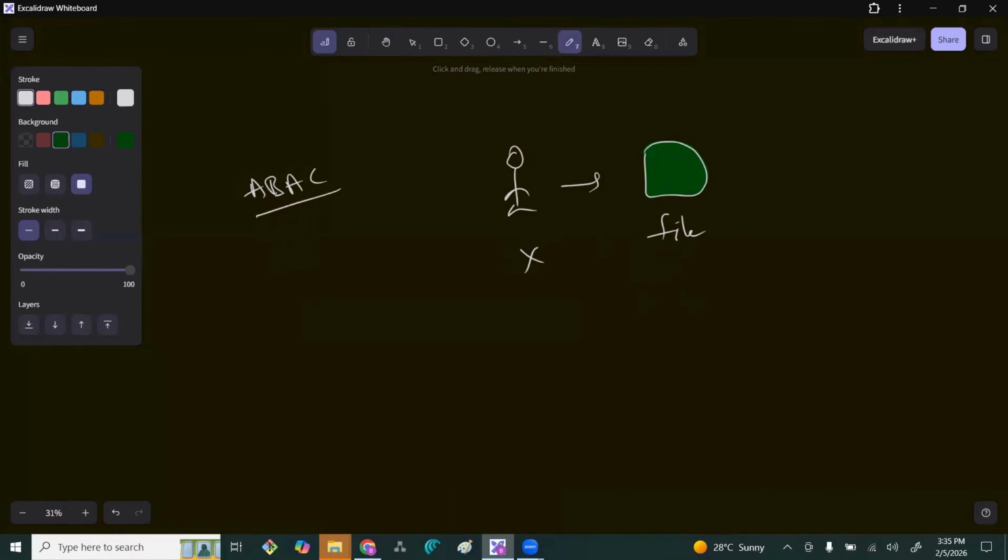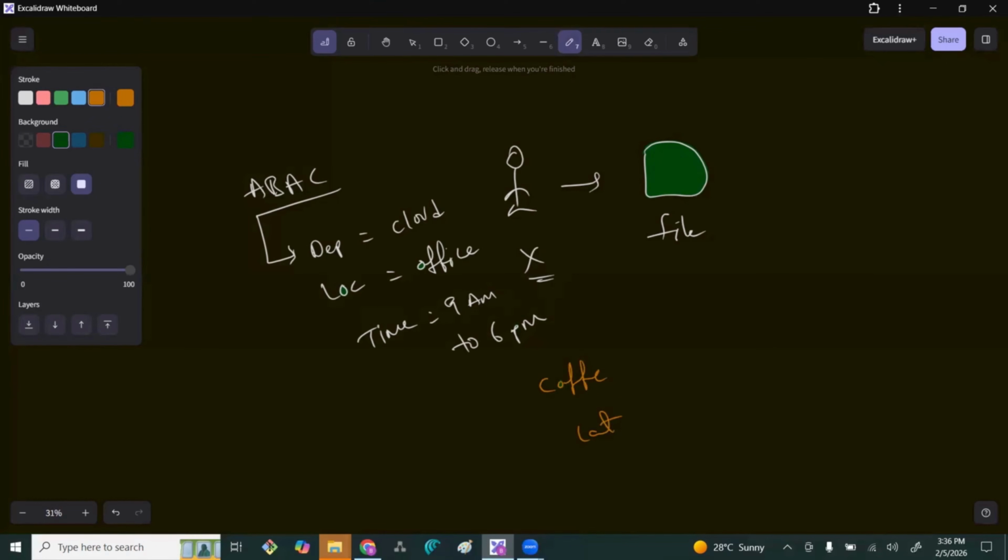The ABAC policy says the access will be allowed when the department equals, for example, the cloud department, the location equals the office network, and the time is between 9 a.m. and, for example, 6 p.m. Now, the X person has the correct role, but he is sitting in a coffee shop and accessing the file late at night. In this scenario, ABAC will block the access automatically, because even though the user has the same role, the location is a coffee shop and he is accessing the file late at night. This is how ABAC works.